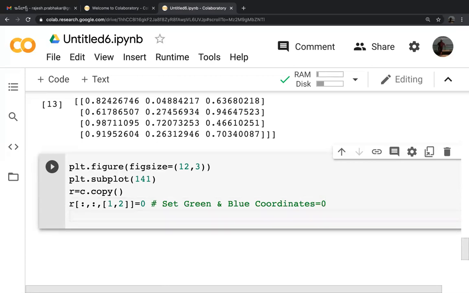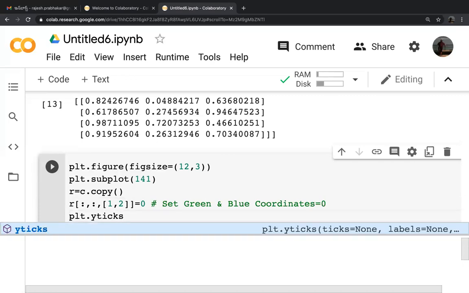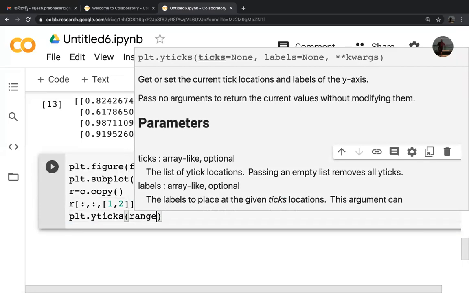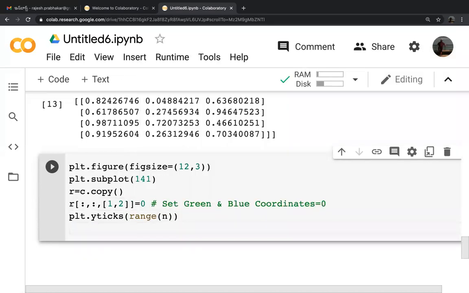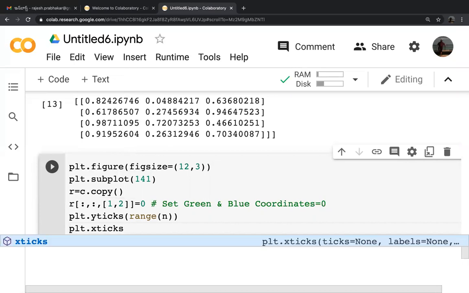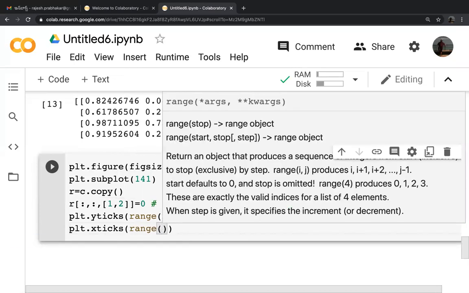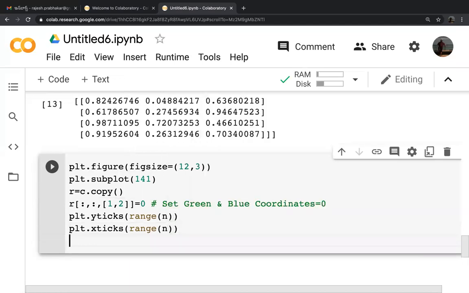Then plt.yticks(range(n)), like we did earlier, and plt.xticks(range(n)). Then plt.title, we will say red component.